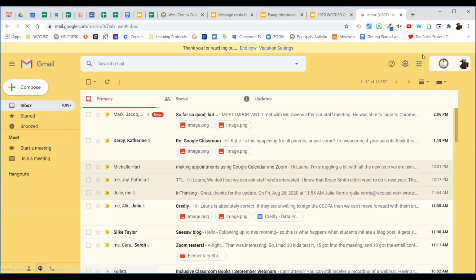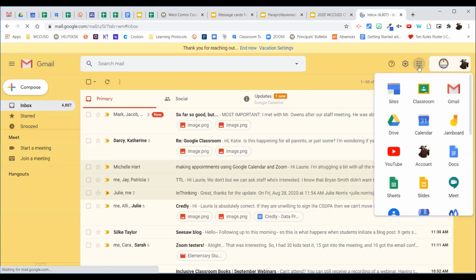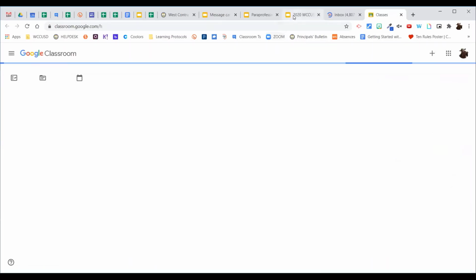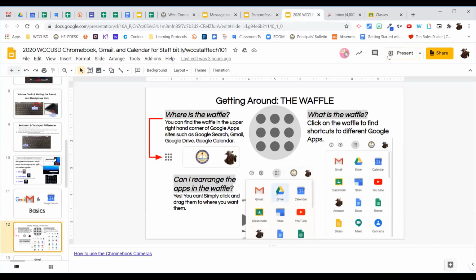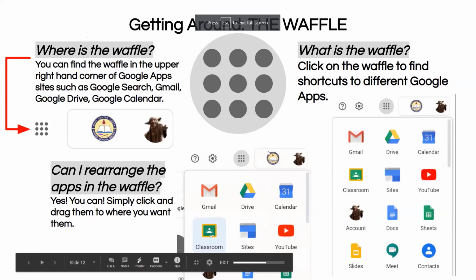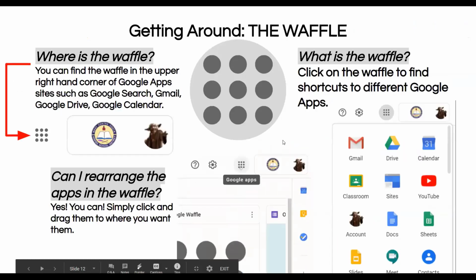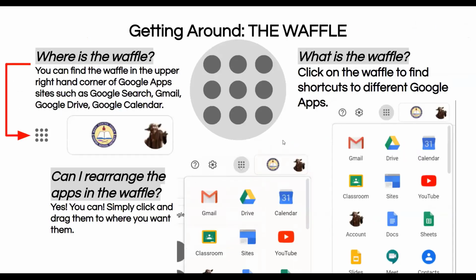And here's the waffle again. If I click here, I can click Classroom. It'll take me to Google Classroom. It actually opens up another tab in this case. And you can rearrange the apps in the waffle by clicking and dragging.